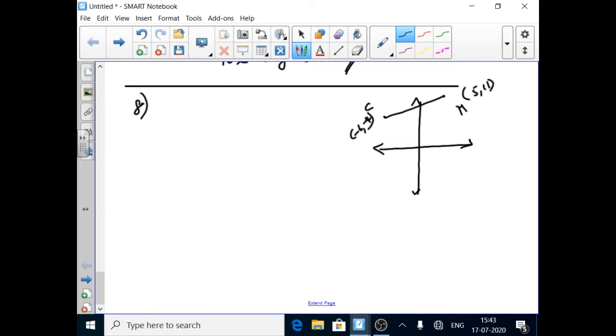So the cat is located at the point C and the milk is kept at the point M. The cat wished to consume the milk traveling through the shortest possible distance. That means we need the equation of the line through these 2 points. So find the equation of the path it needs to take to reach its milk. The path here, we just take the equation of path CM.